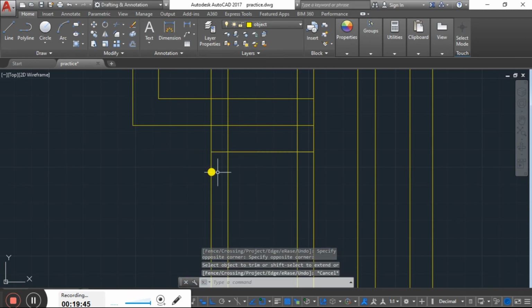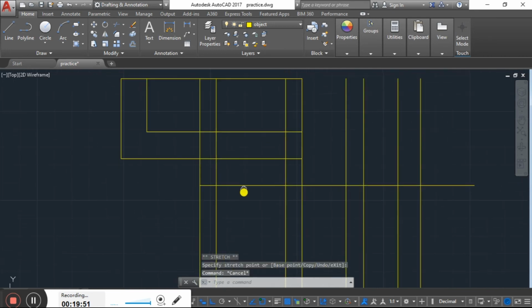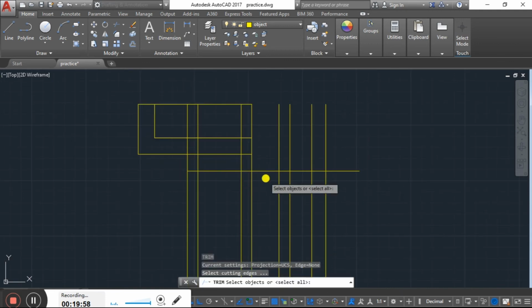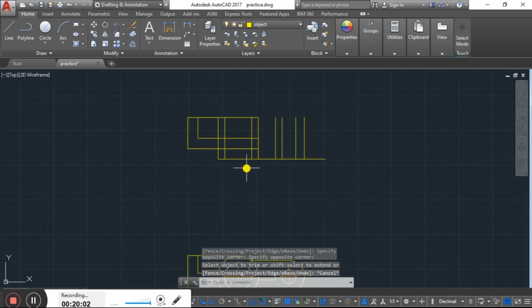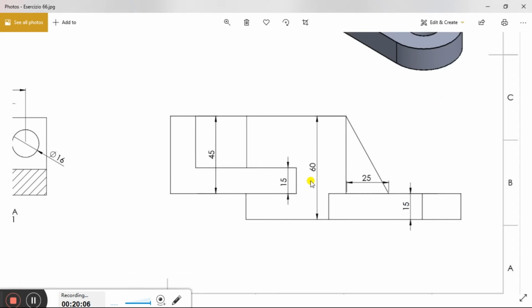We are taking the offset of this line up to 60 mm. Just trim, and drag this line out and delete all these lines that are unnecessary. So now we have cleared out the unwanted lines.